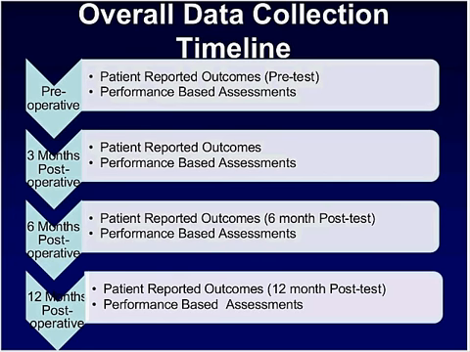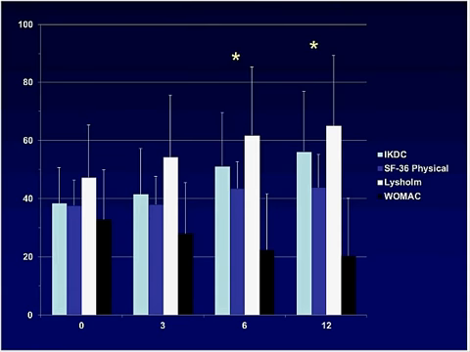At each data point, both preoperatively and then at 3, 6, and 12 months, we completed our performance-based assessments along with the patients completing the patient-reported outcomes. This is just to summarize our group outcomes, and then we'll go into a little more depth with a couple of case examples. But overall, we saw what we wanted to, with our patient-reported outcomes going up over time and the WOMAC going down over time, and we did have significant improvements from baseline at both the 6-month and the 12-month time point. To summarize our functional data,